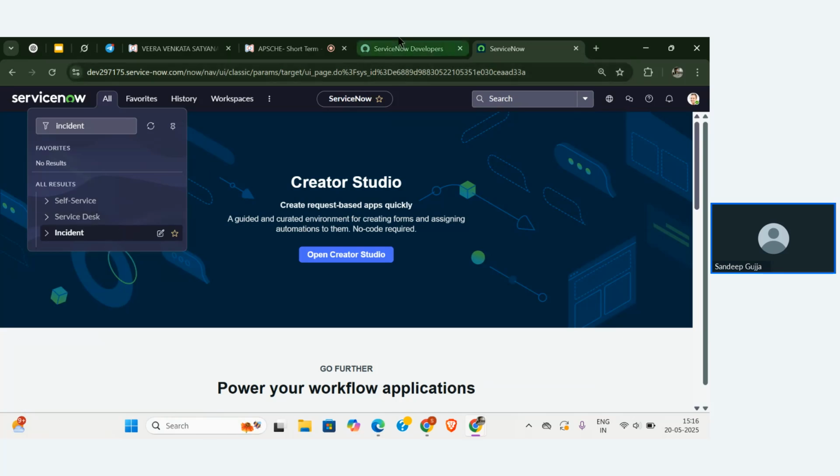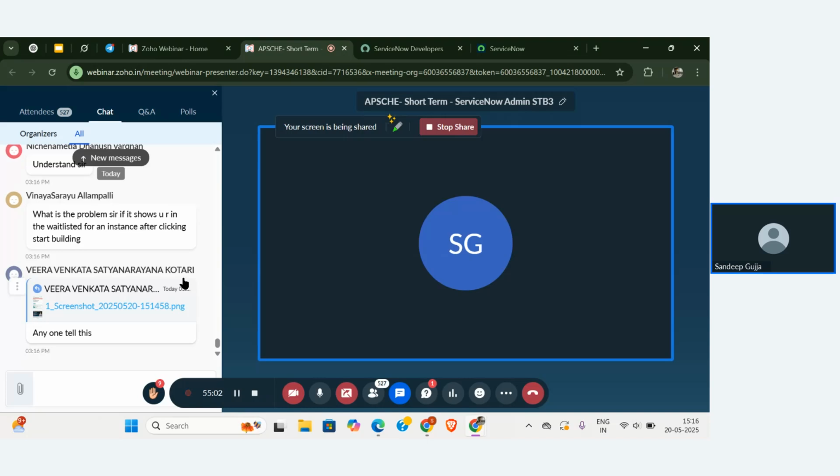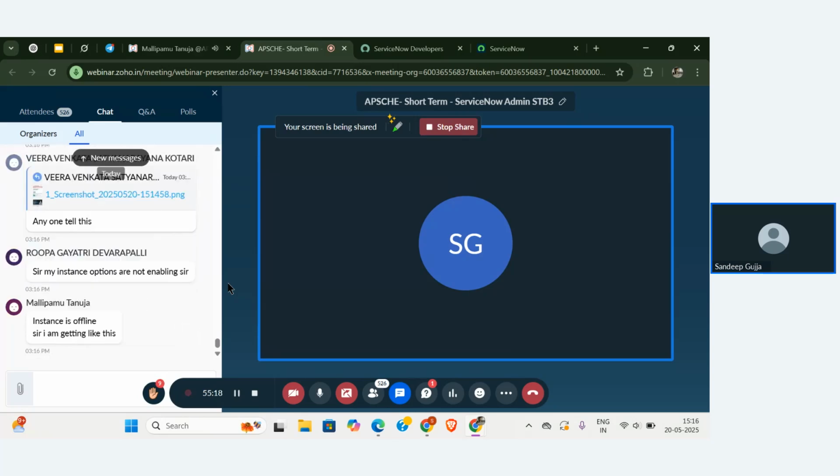So on that basis, whatever other applications you want to create, if someone has already created it and is publishing that particular application in the ServiceNow store, and you want to install it, we can install it using a plugin.